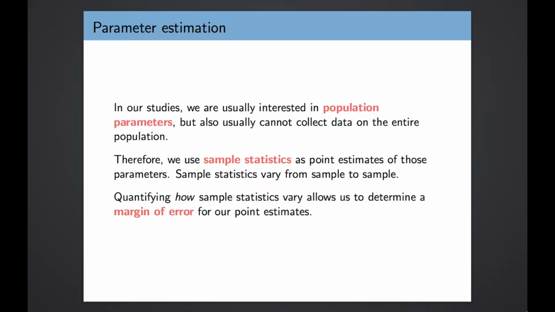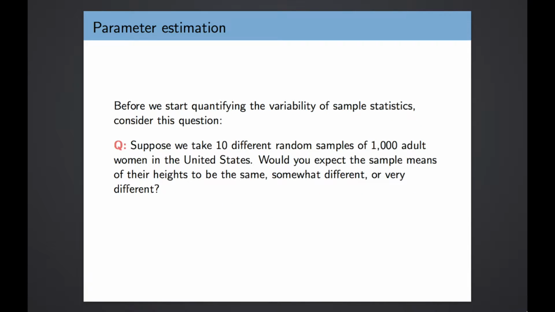So this is what in the previous study was done to determine this margin of error around the point estimate of 21% approval of the Iran nuclear deal. The people who did this survey also did some studying about the variability of this distribution, the variability in the United States population, and came up with this estimate of the margin of error around their point. So we're going to be talking about how exactly we do this. How do we quantify the variability of our sample statistics?